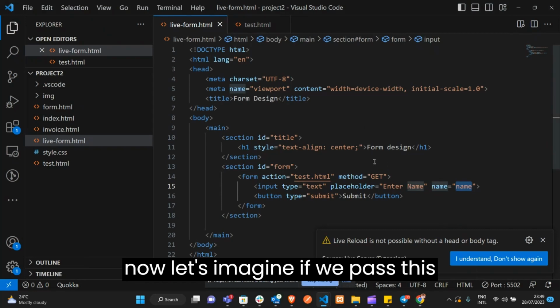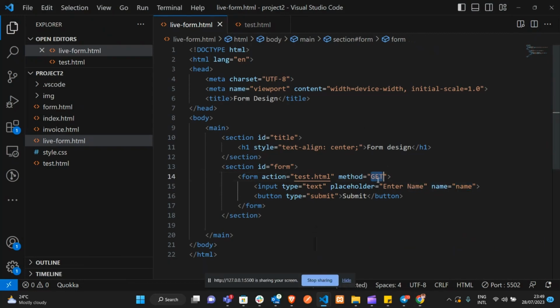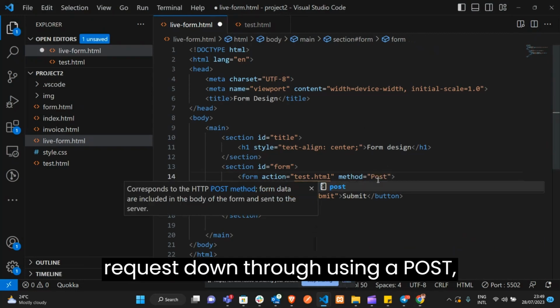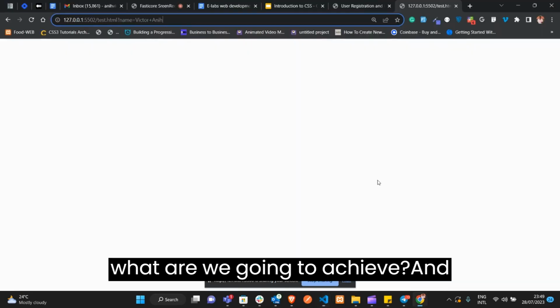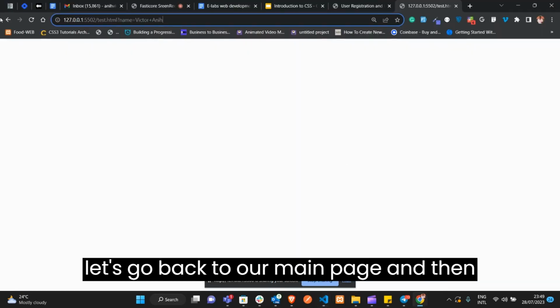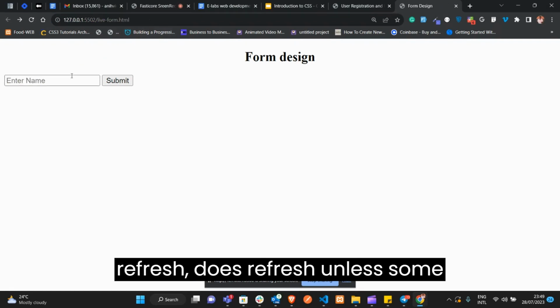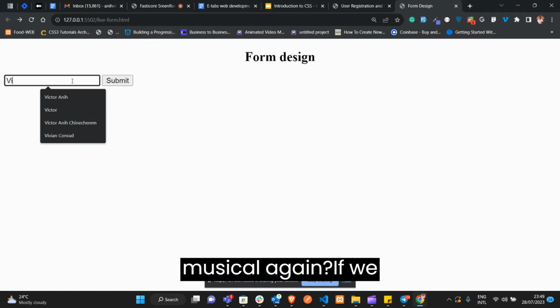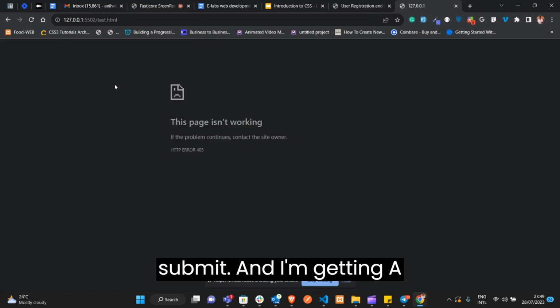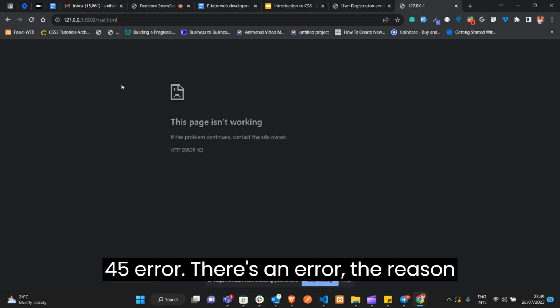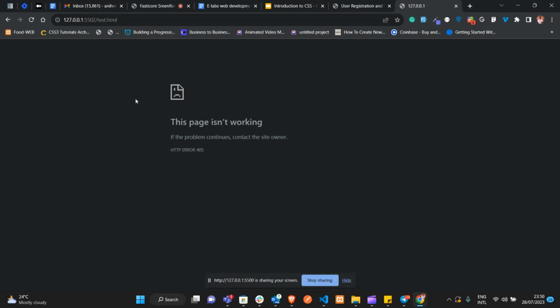But now let's imagine if we pass this request using a post. What are we going to achieve? Let's go back to our main page and refresh. If we refresh, it has refreshed. And let's submit Victor again. If we submit, you're now getting a 405 error. There's an error. The reason being that